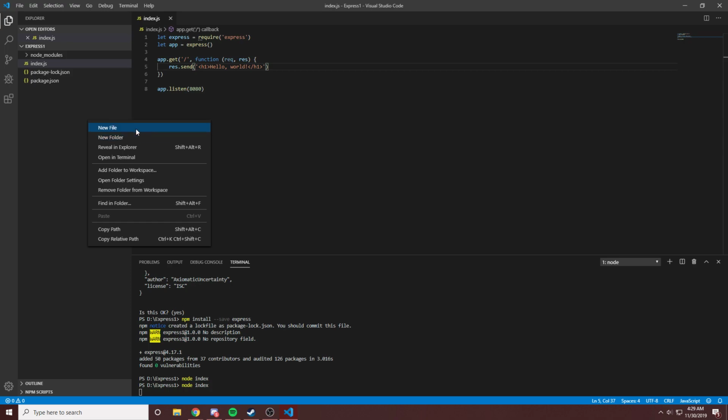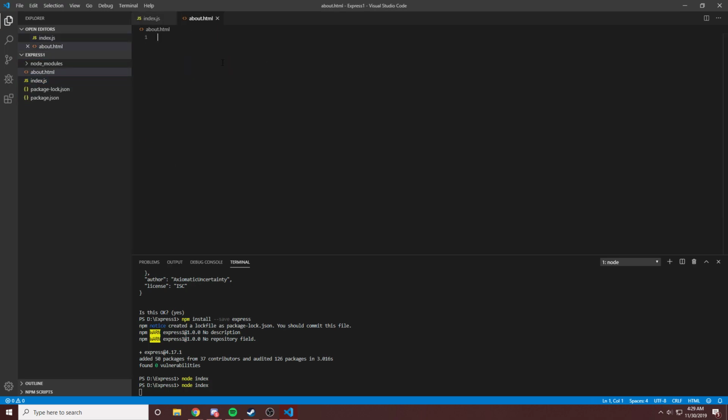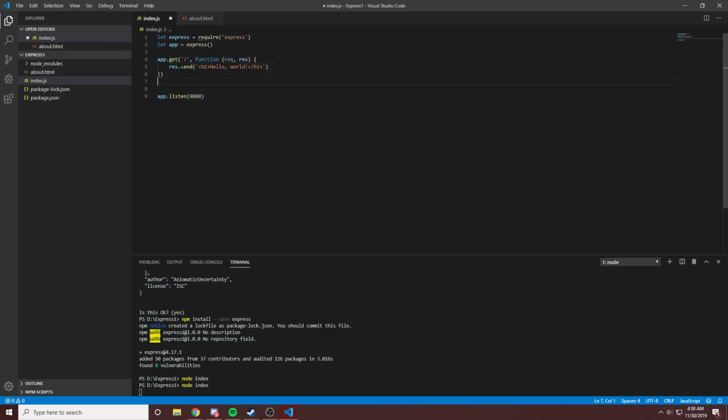What if we want to use files, for example? We can actually create a file, let's say about.html, and in here, let's say maybe HTML tags, right? And let's add a header tag, and we'll say about. And obviously, this page is going to need its own route, so we can go down here and say app.get /about, and then let's add our function,